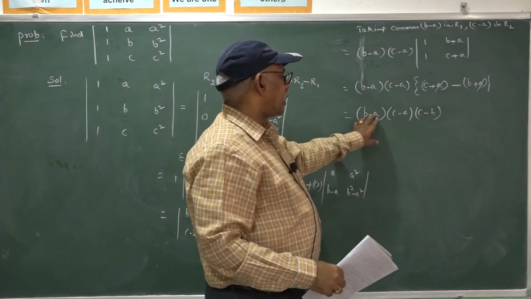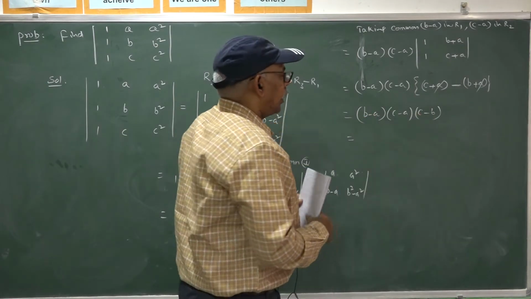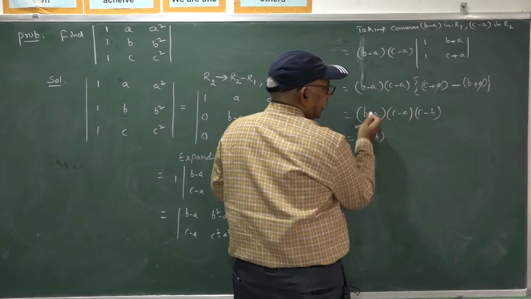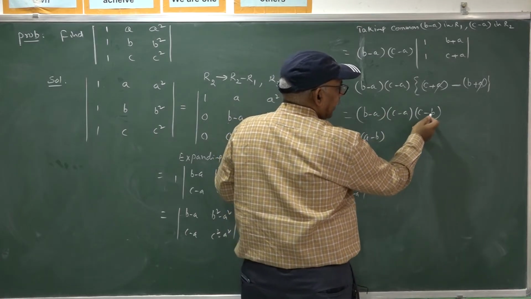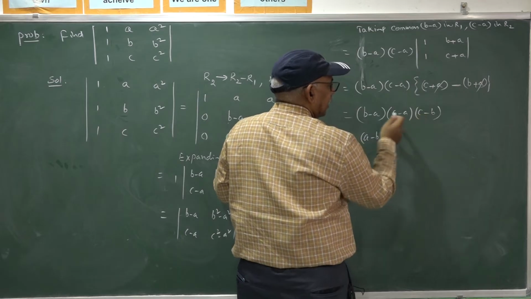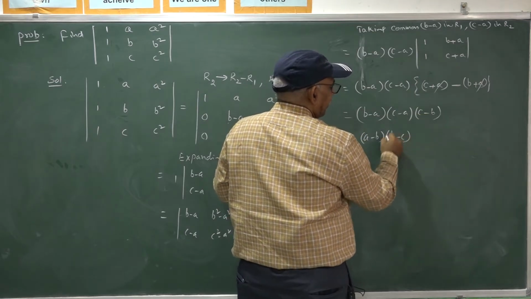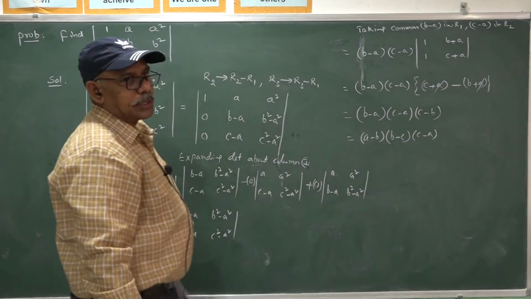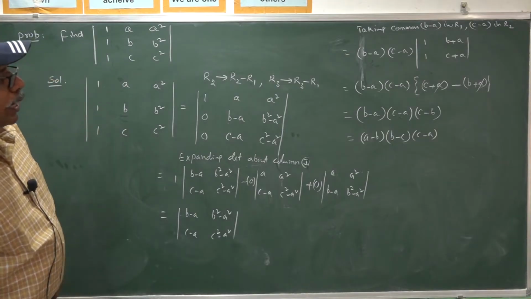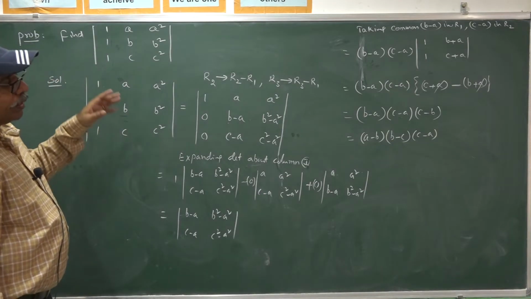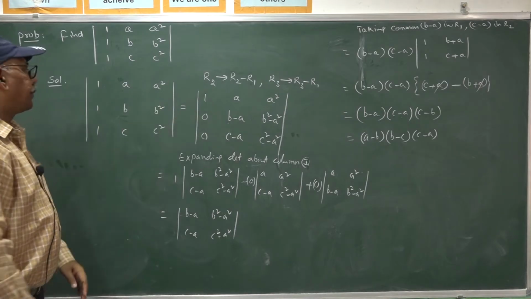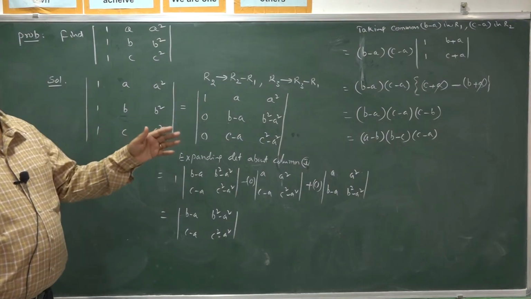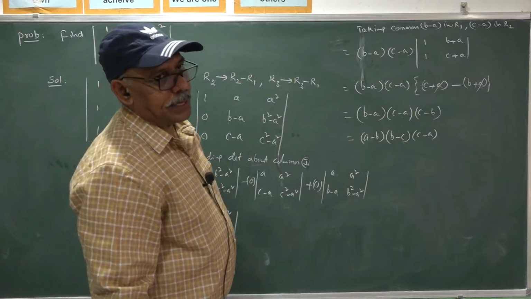Now, interchange the terms in this factor and in this factor. Once you interchange these terms, we get minus. Again, interchanging these two terms, we get another minus; minus into minus is plus. So, B minus A, take this factor as it is, so that the factors are in cyclic form. Hence, the required determinant value is A minus B, B minus C, C minus A. So, the determinant of 1, A square; 1, B square; 1, C square is always A minus B, B minus C, C minus A.